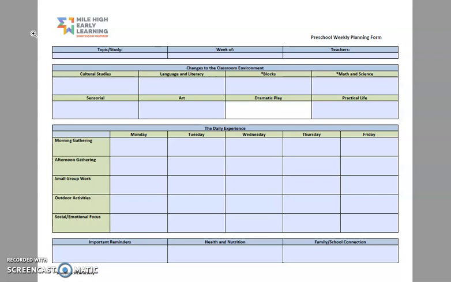So the topic of study really should be based on what's going on in your classroom, what the children are interested in, what the children want to study, and how you are able to extend and expand upon their learning through that topic of study. I think a good resource, which I'd be happy to provide, is the project approach, where sometimes topics are being studied for extended periods of time, including up to 2 months, as long as it's working